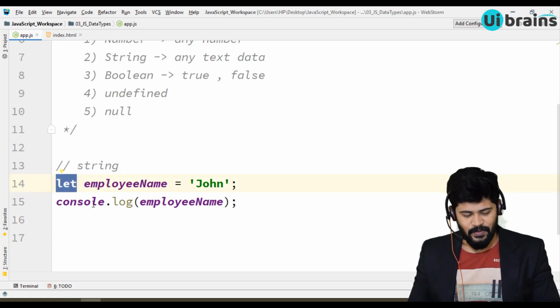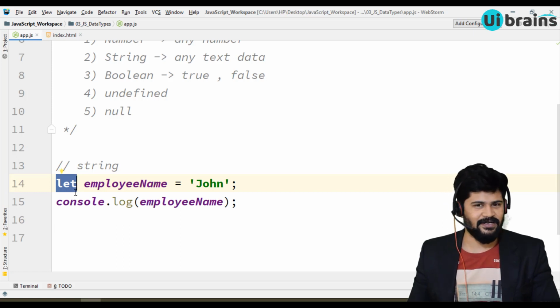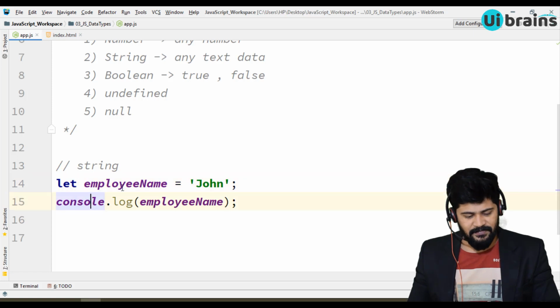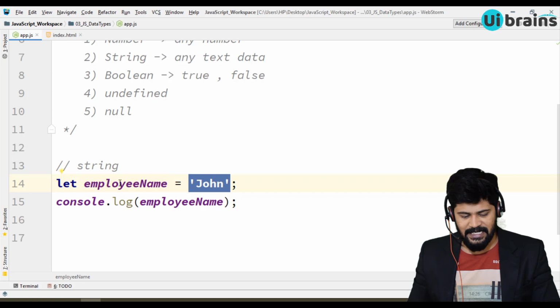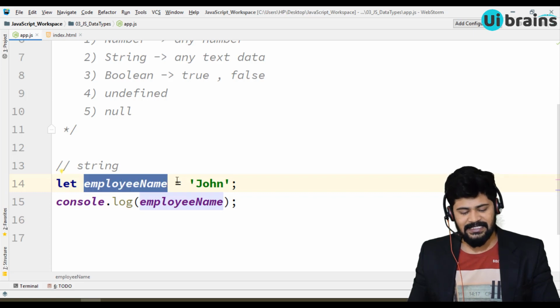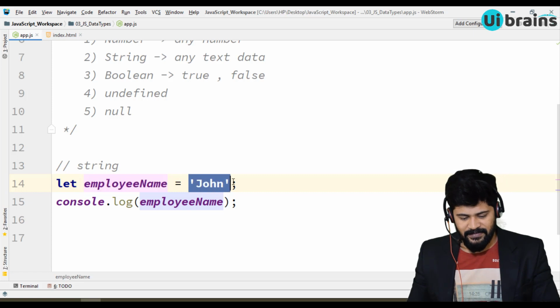Please also note, let is not at all indicating any data type. It is just indicating a variable declaration. It is just a keyword to declare a variable. It does not mean any data type. So we never mention what type of data we are going to assign to a variable, but JavaScript intelligently understands the type of data based on the value.